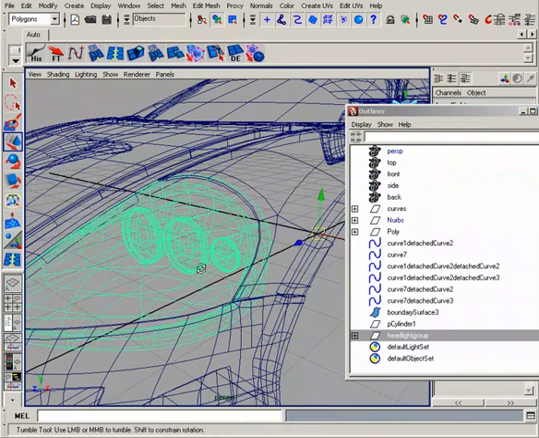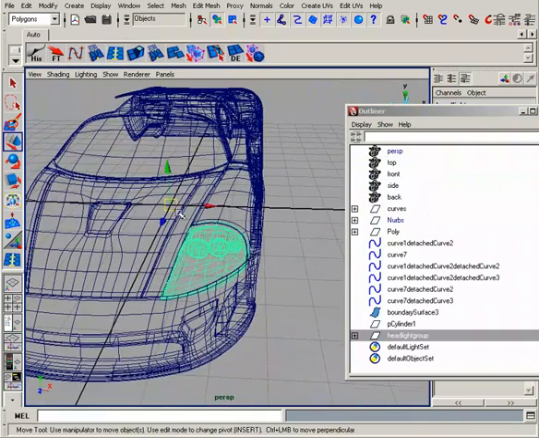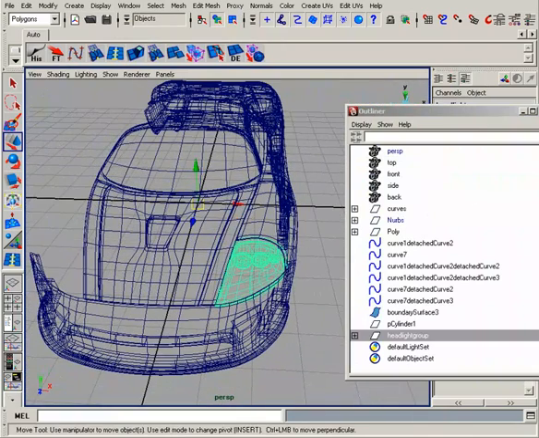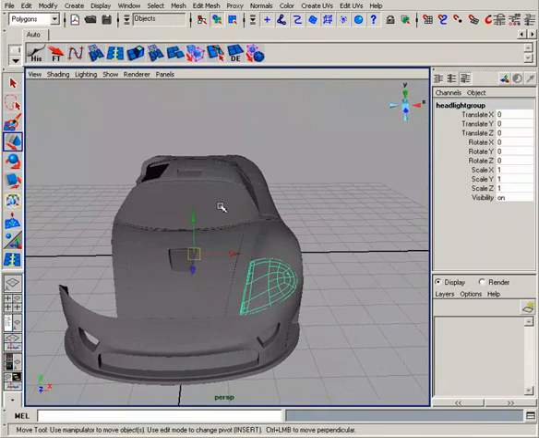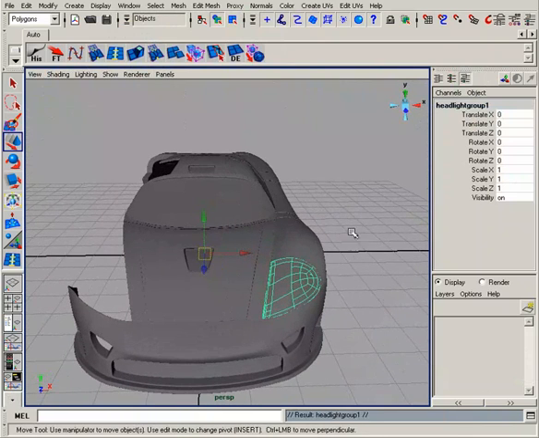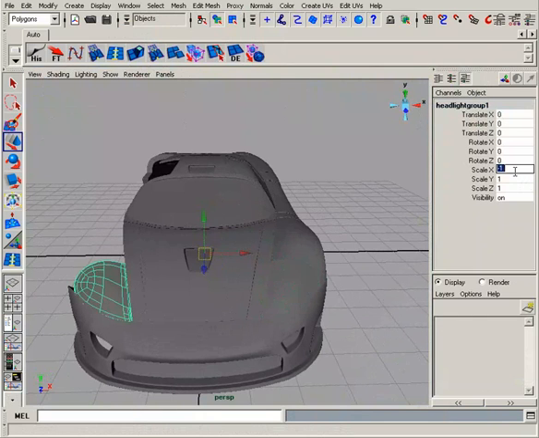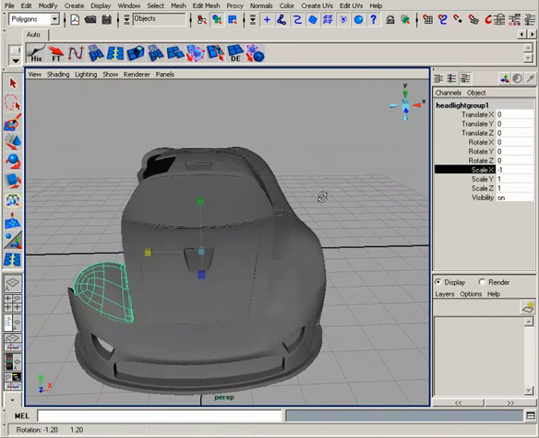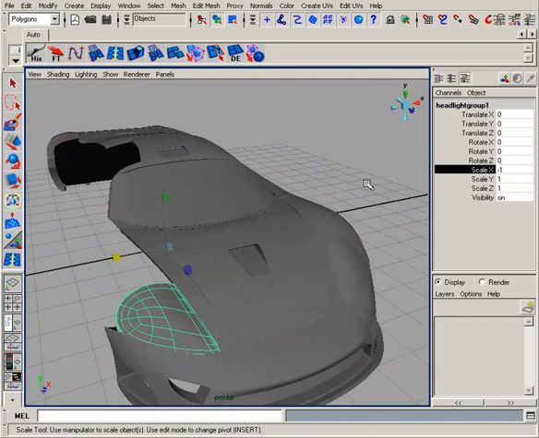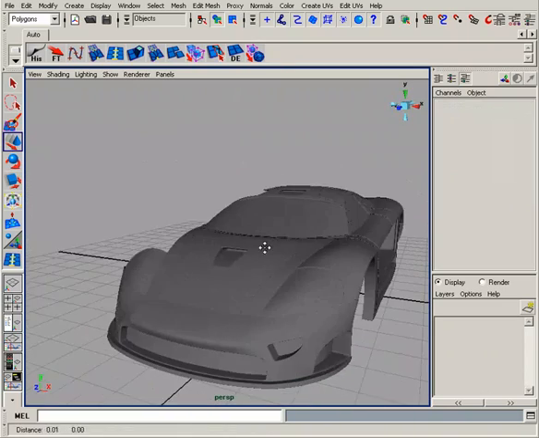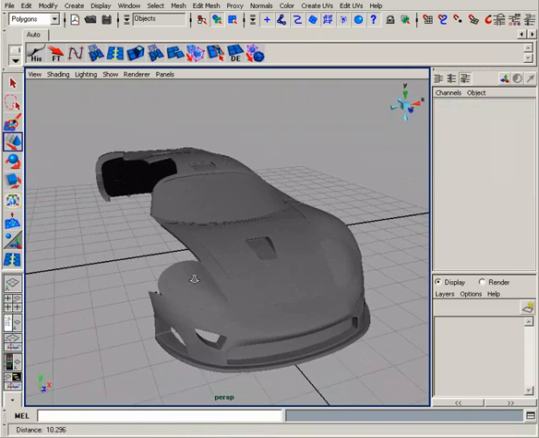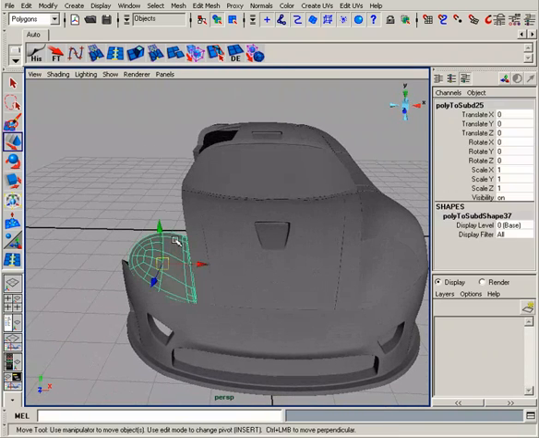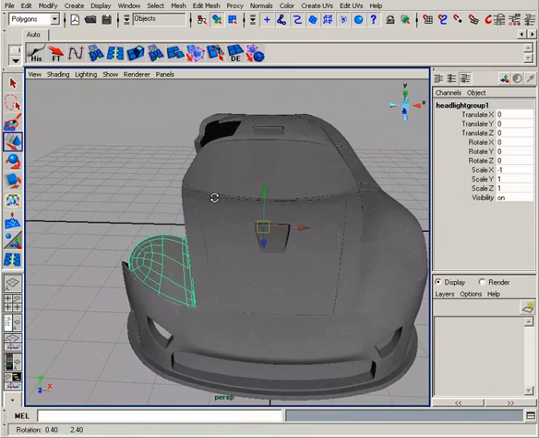Okay, and you can see that since it's a new group that we created, the center is at the origin. So now all we have to do is go ahead and Control D and just mirror that to the other side. Okay, so now when we bring our other body panels over to the other side, that's going to match up just fine. Now you keep in mind that you will have to go in and take care of the